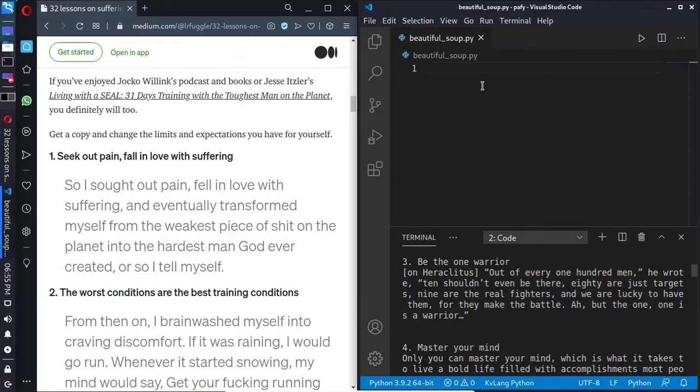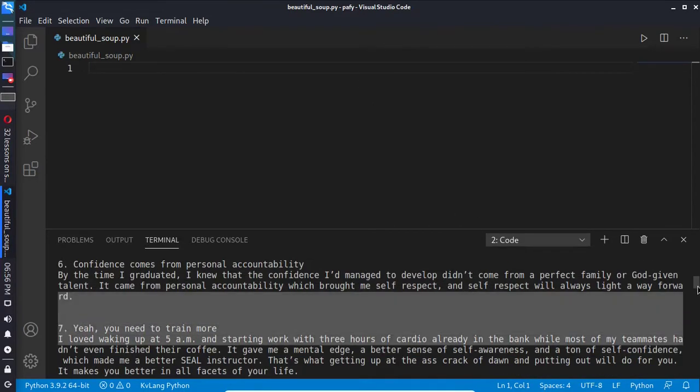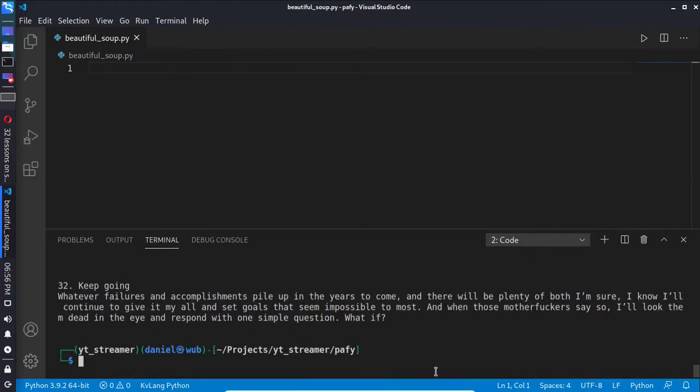So I'll be starting with a new file, but firstly, I would import two modules. If you don't have these modules pre-installed in your system, what you can do is pip install them. These modules are BeautifulSoup 4 and requests. Now to install them, you would use pip install, or you can use the instructions that I've given below